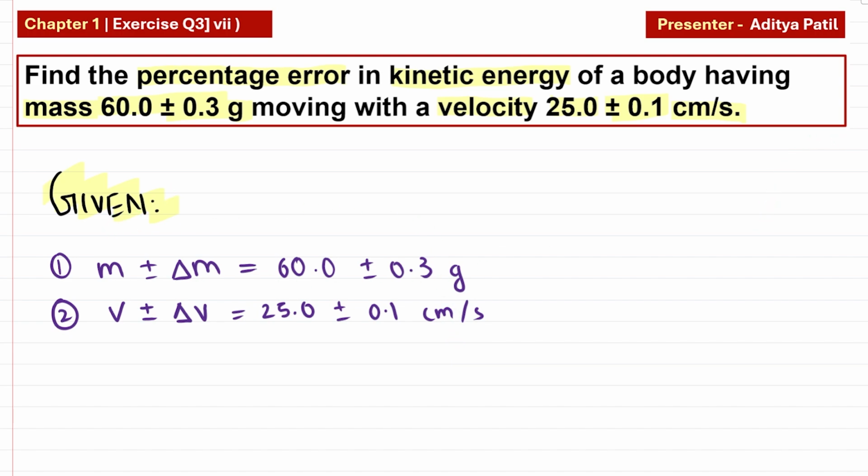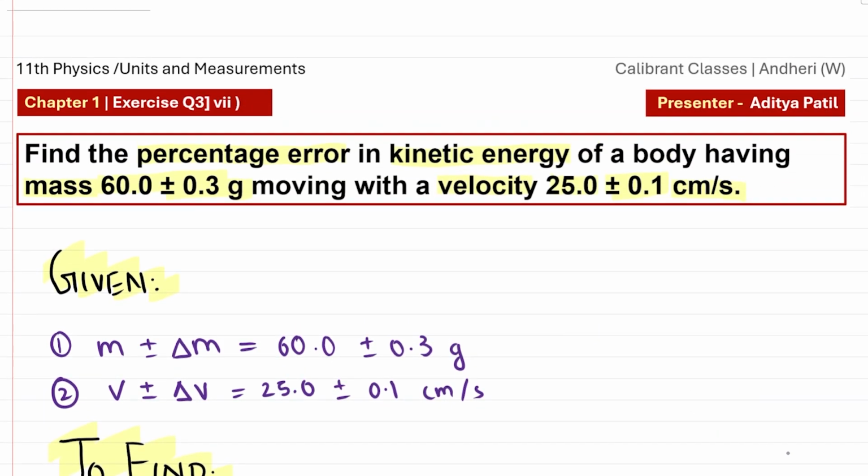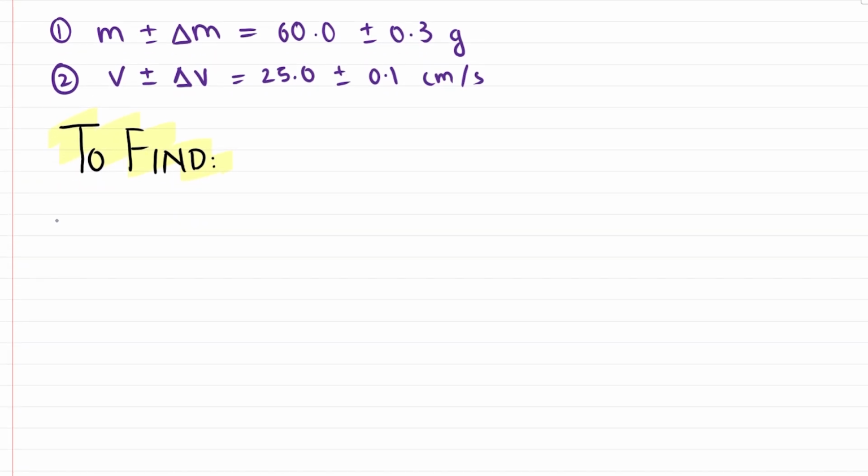Now let's move on to the next sub part of the solution, that is to write the to find. So I'll just quickly prepare our to find section. So to find, and in the question what are we required to find? So अगर आप question में देखोगे so हमें ये percentage error ढूंढना है in the calculation of kinetic energy. So I'll just quickly write the quantity which we have to find. एक ही quantity ढूंढना है, that is the percentage error